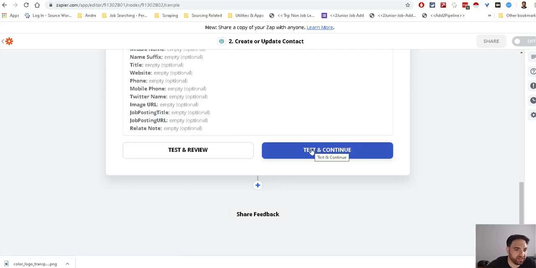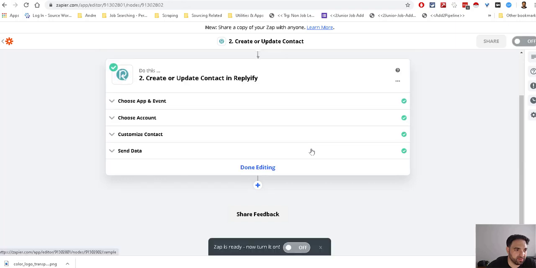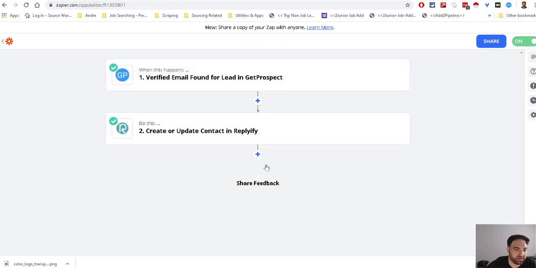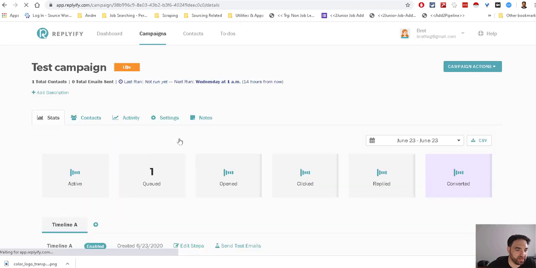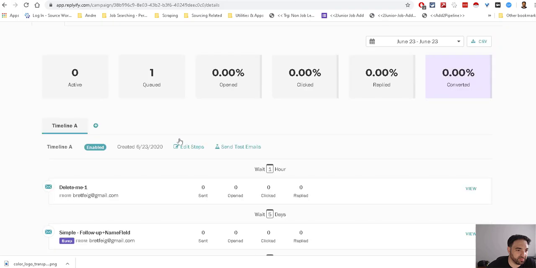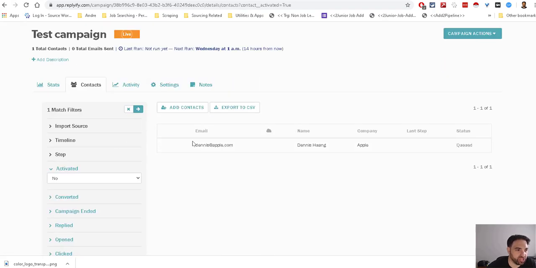Now it's going to want to test and continue. We're going to test and continue. And it shows it's done that, so we could turn it live and say we're ready to go. Now let's go done editing, and let's go into our Replify. Let's go on campaigns, and let's click on the test campaign. And let's hope I didn't set this to go out. That would be bad. And let's see what's in it. And we have that one contact who's queued up, ready to go,